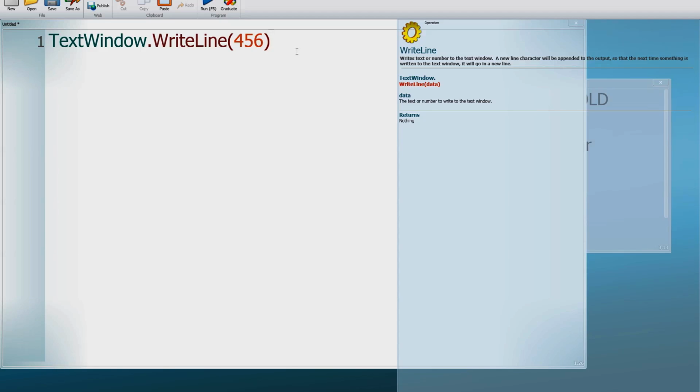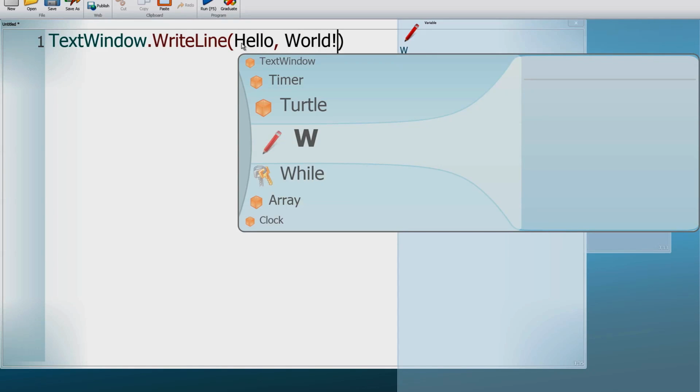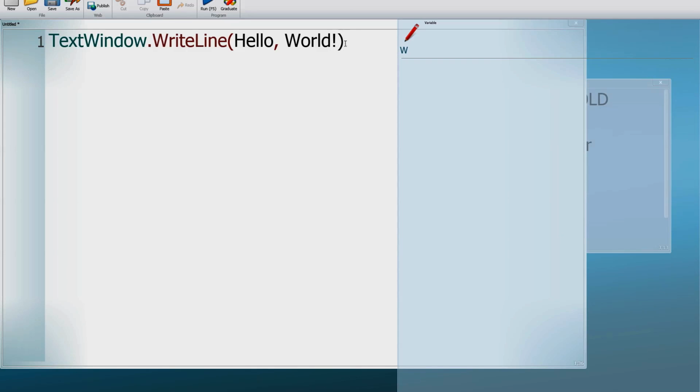So what about if we wanted to write some words to the screen? Well, the first program that most people ever write in programming is Hello World, so we'll have a go at that. So I've typed that in, and if I go and run that code now, we see that we get a